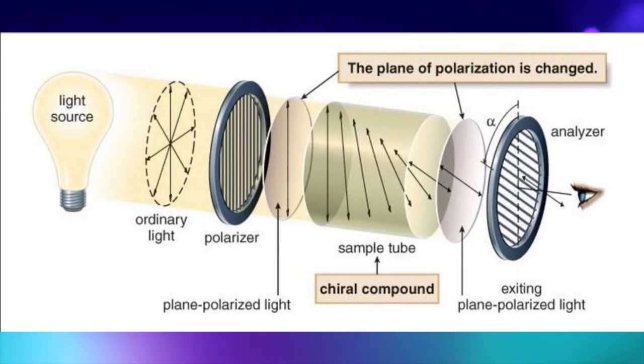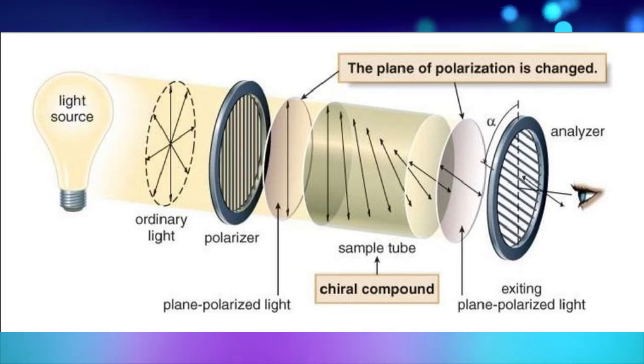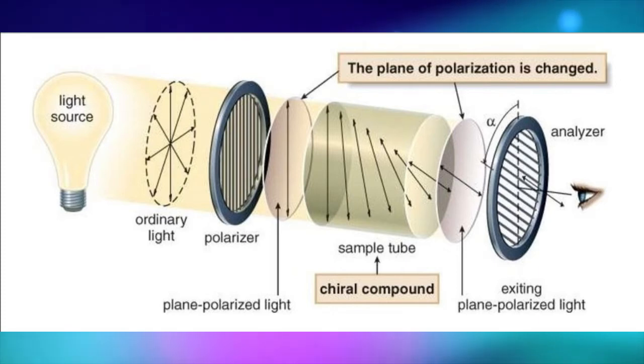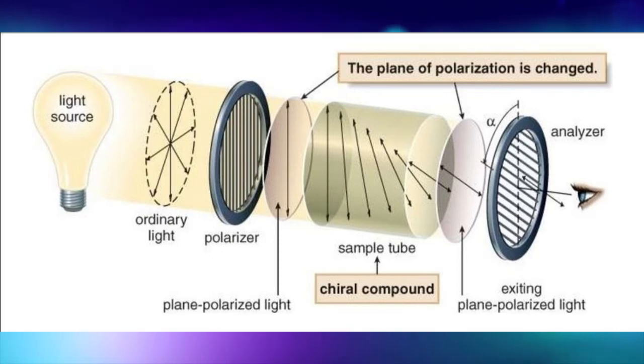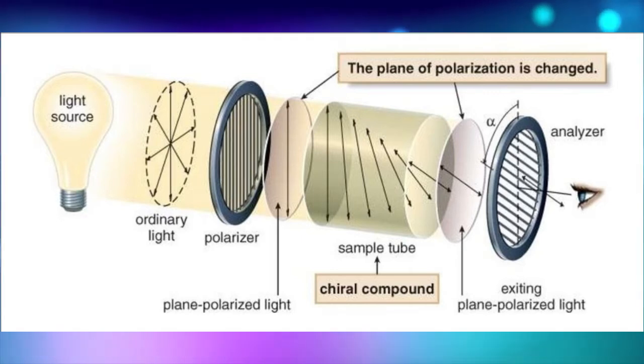Now this particular sample tube has two glass openings or ends, right? This sample will be taken in the tube and it will be fixed inside the polarimeter, and at one end of the sample we will see a light source, and at the other end of the sample we have to keep our eye, as you can see on the screen, right?